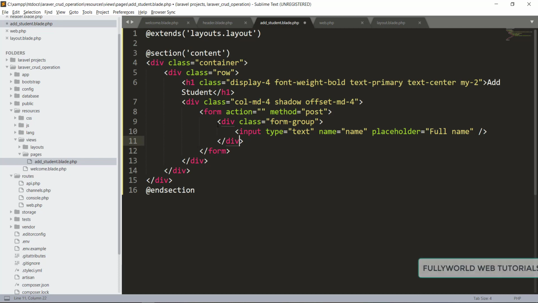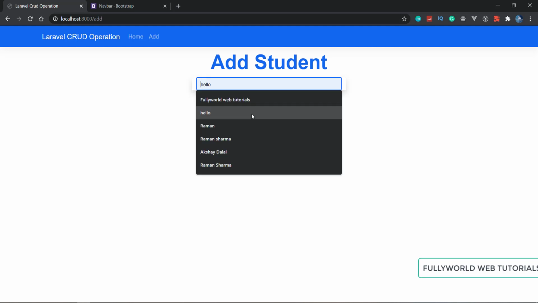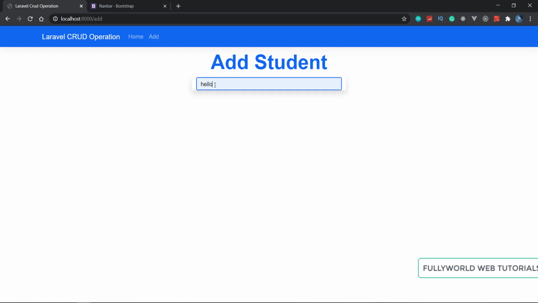Now we also need a class here, so its class will be form-control. Save it, and now let's see if we are getting this or not. See that now it is looking good, so full name is there.